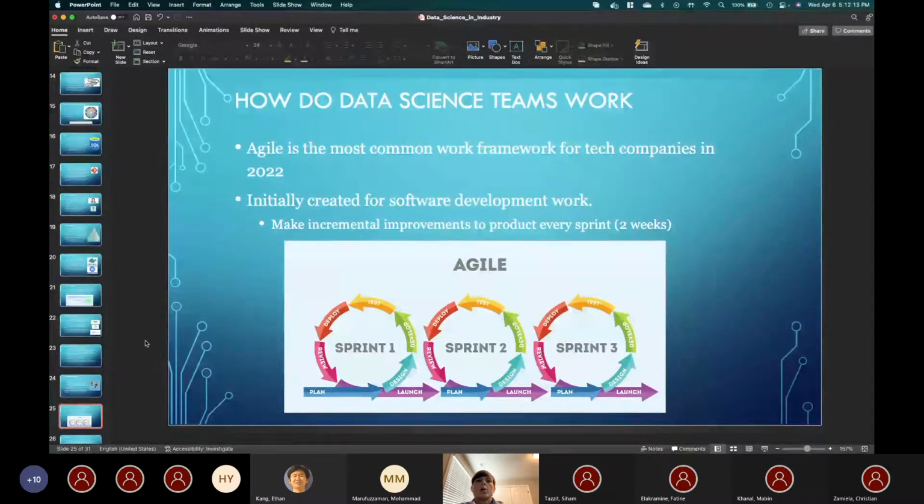The idea is that we have a website, and we want to make incremental improvements to the website every sprint, which are generally 2 weeks. So we would think about something like, okay, I have facebook.com, and now I want to update the logo on it. I would develop, test, deploy, review, and launch that all in 2 weeks. And then the next 2 weeks, I would figure out, okay, what's the next high priority thing that I need